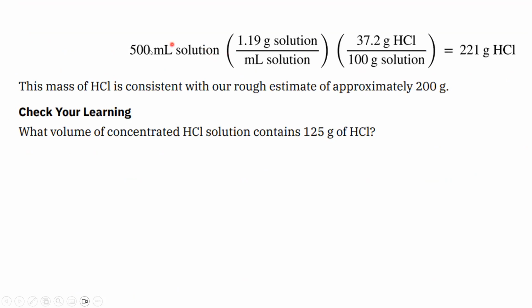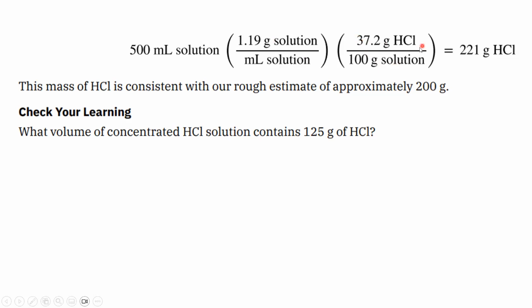So again, once we do that conversion to get milliliters, we've got the density. So 1 milliliter of the solution weighs 1.19 grams. So milliliters is going to cancel. Now we're just left with grams of that solution. And then based on the percentage, 37.2%, that means for every 100 grams of solution, 37.2 of them are going to be hydrochloric acid. We could have also done 10 grams of solution here,